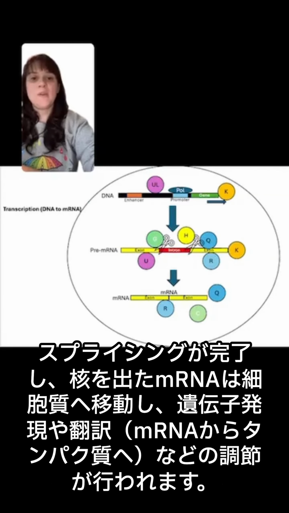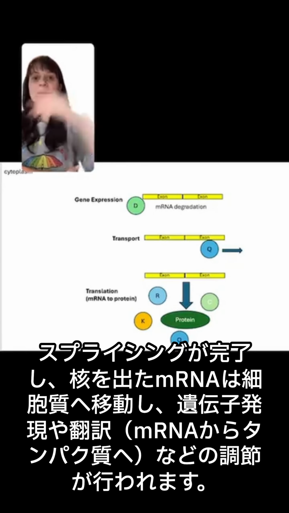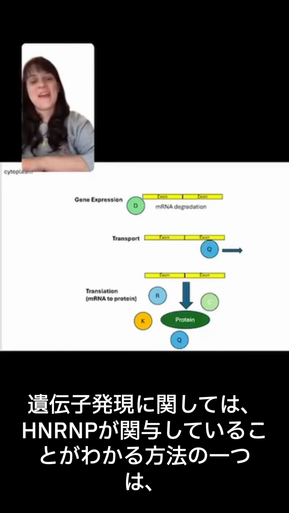And once we have our splicing complete, the mRNAs can exit the nucleus. And so when we exit the nucleus, we're now in the cytoplasm of the cell, and this is where we mostly can control gene expression, mRNA transport, and translation, which is from a mRNA into a protein. And with gene expression, one of the ways that we know HNRNPs are involved in this,